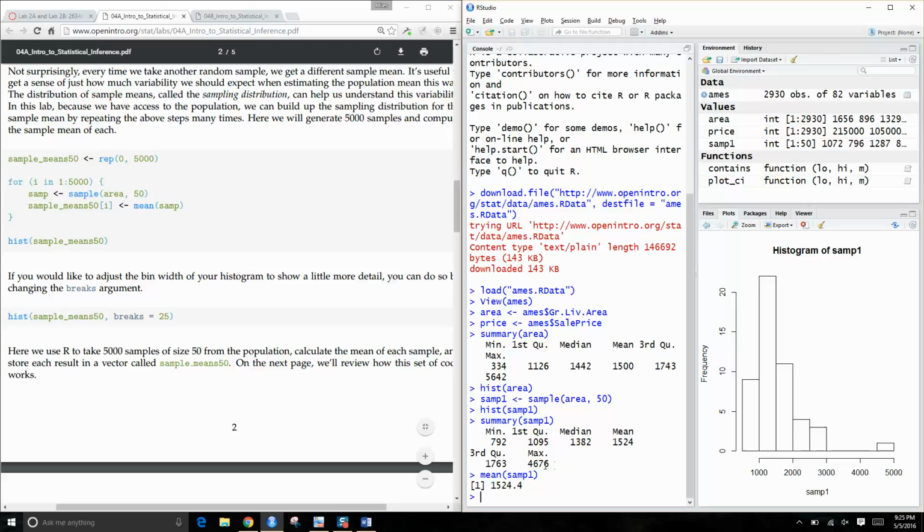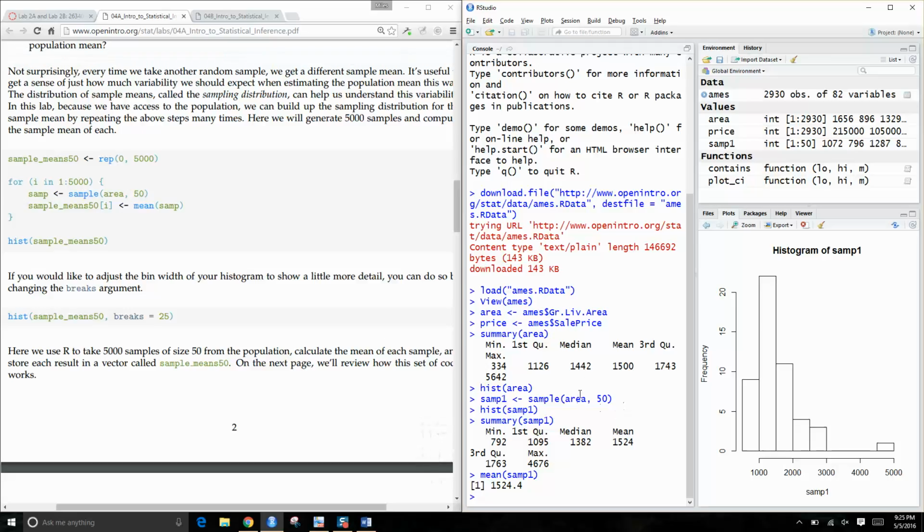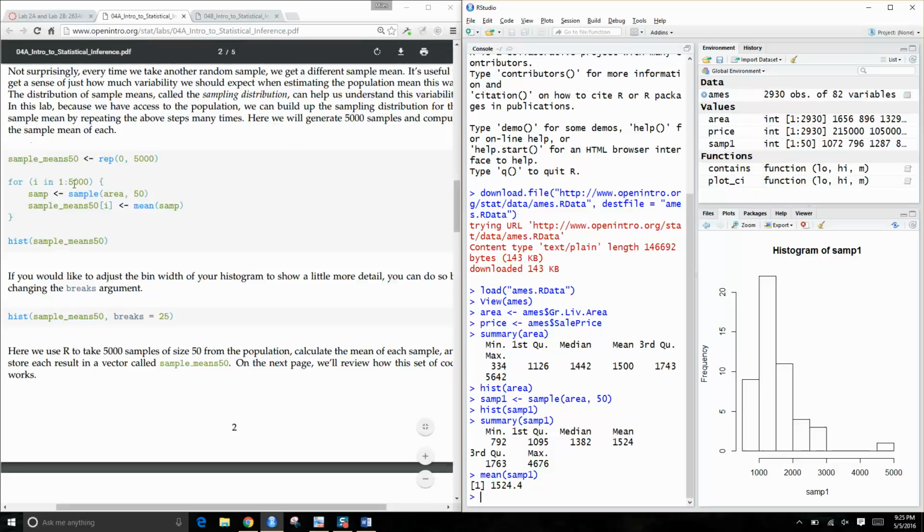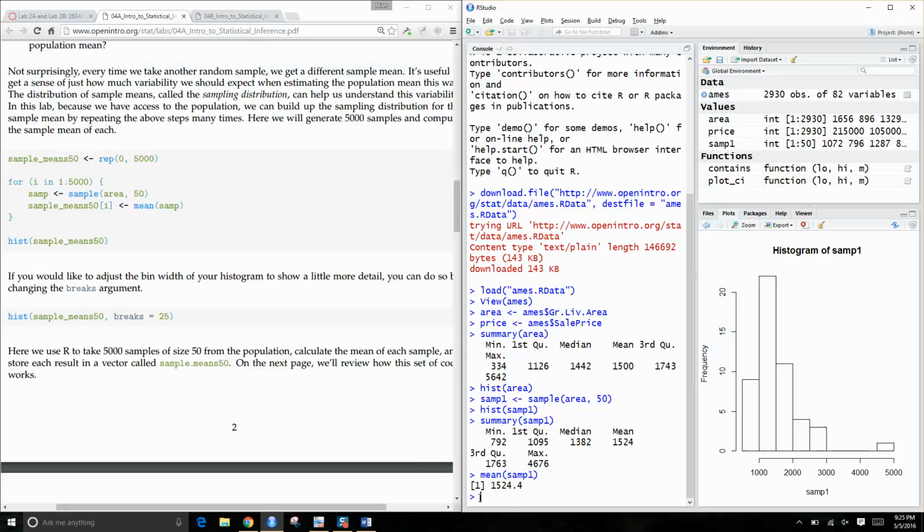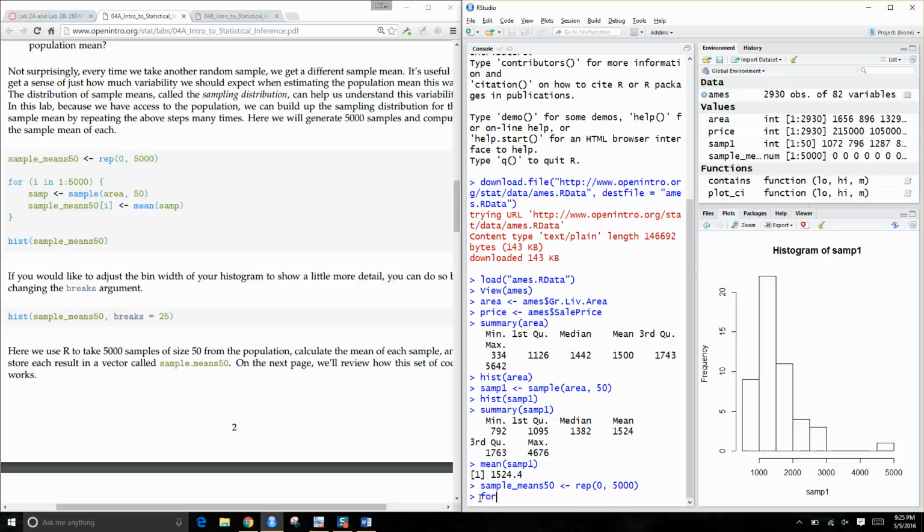So basically it's going to draw a sample of 50 values out of this 2,930, and it's going to record the sample mean of those 50 values, and then it's going to repeat that process 5,000 times, okay? And so you would type this in, and we're going to create this vector called sample_means_50, of which we repeat the value 0 5,000 times,